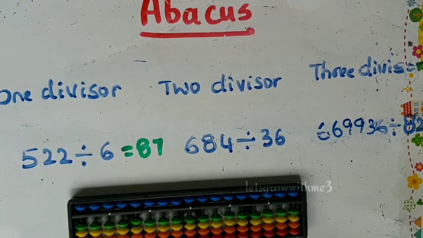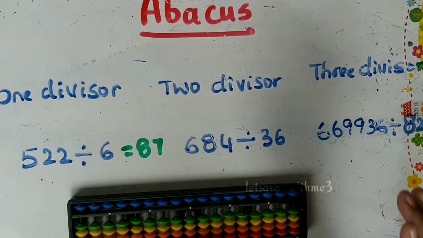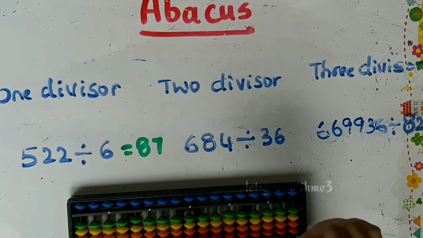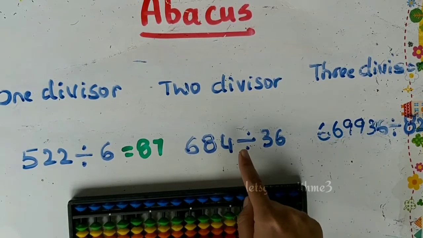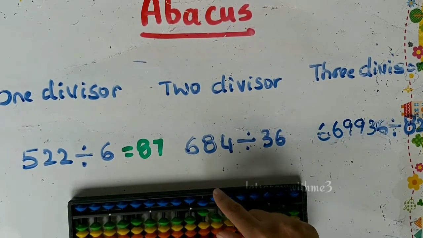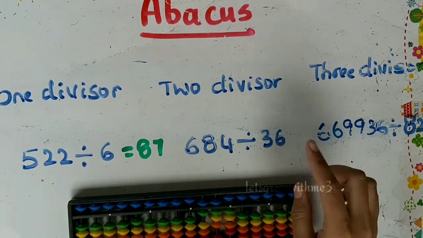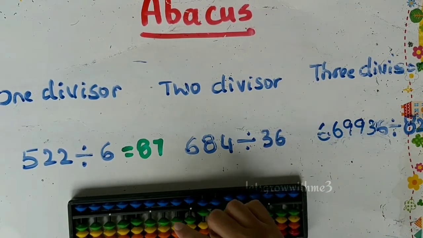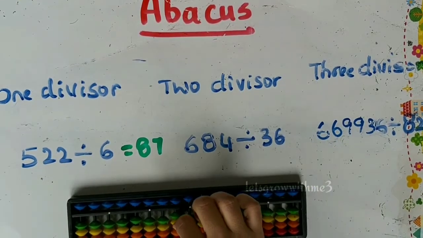So let's see the next question. So here the first step, how many digits more do we have? 1 digit more, means from the 100th place you need to go 1 step ahead, which is the left side, 684. Okay, then we need to divide by 36. Actually 36 over 68 means it's 1 time, but I will choose 2, so that if you make mistakes, I will show you in this example how to get back to the values.